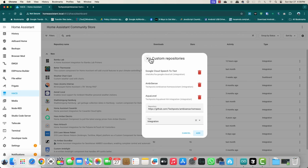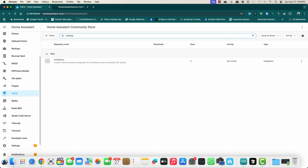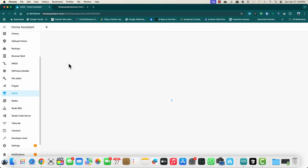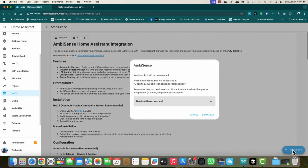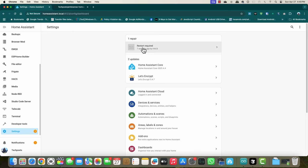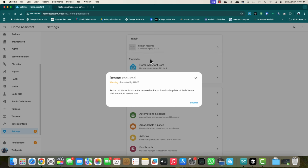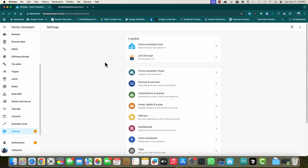Now once you do this, after adding the repository, you have to search for AmbiSense and this will be listed. Just click on it and then click on download and then download the latest version which is available. And once this is downloaded, you can restart Home Assistant. You have to go to developer and then click on restart. Make sure you click on restart Home Assistant, and after a few seconds your Home Assistant will restart, and once